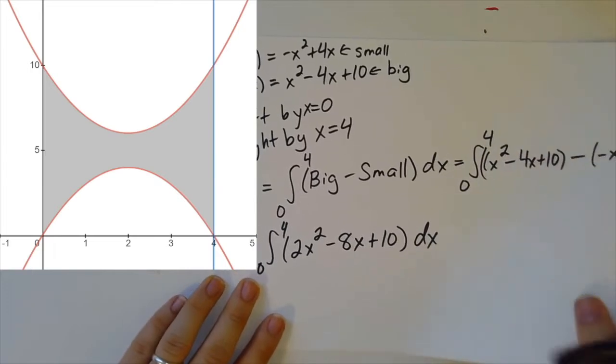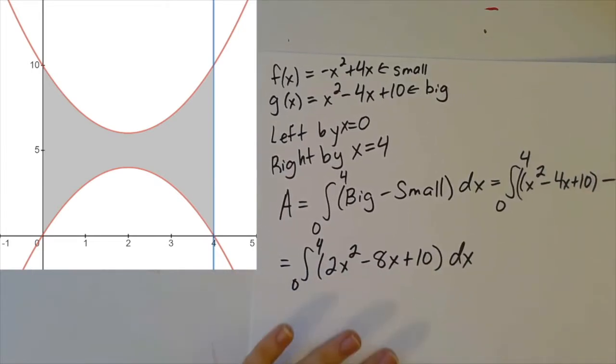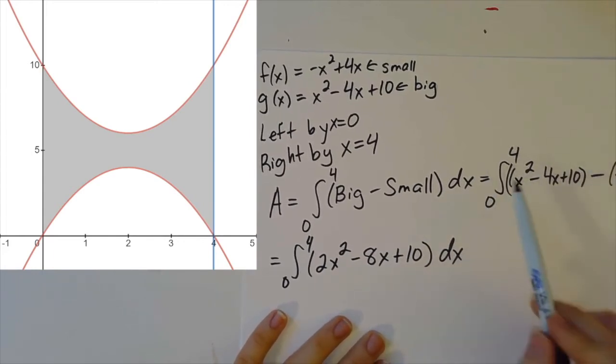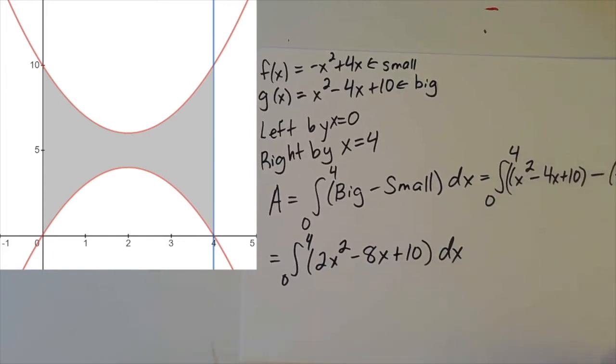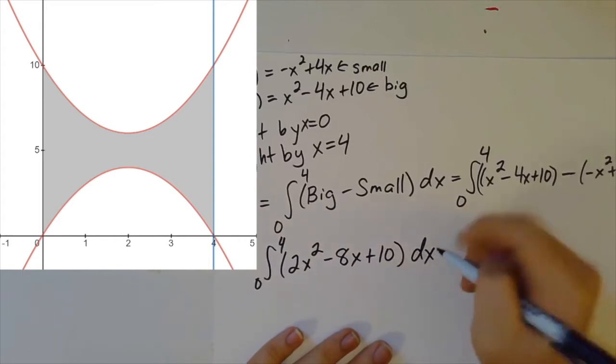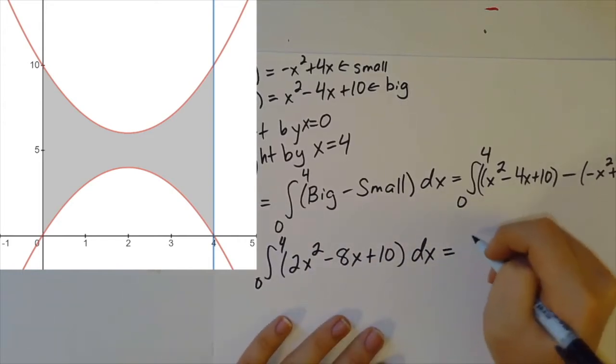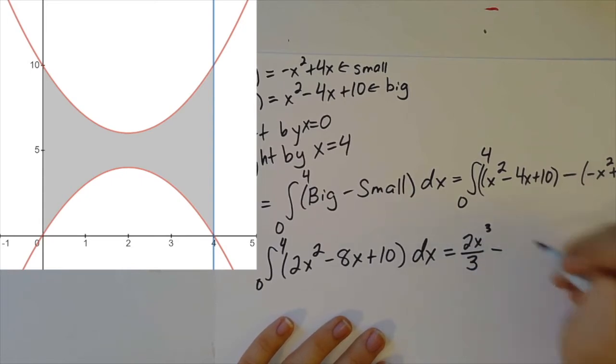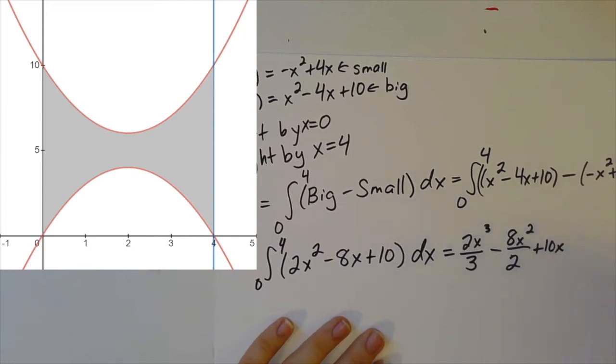Okay, so here is our thing we're integrating, again, simplified by pulling together all the terms from over here. Now, for a bit, we've been doing integrals by u-substitution, but here we conveniently don't even need to do u-substitution. We can just go ahead and integrate this term by term. So this will be 2x cubed over 3 minus 8x squared over 2 plus 10x, evaluated as x goes from 0 to 4,